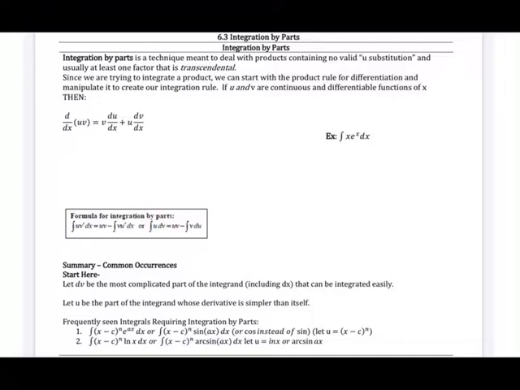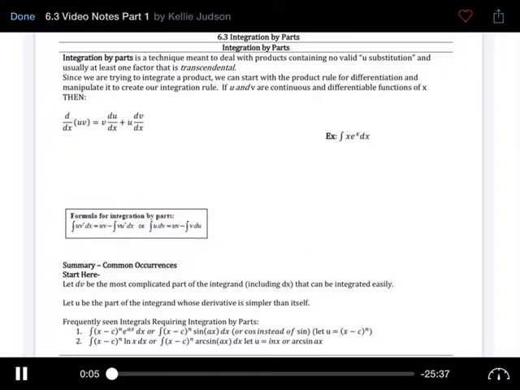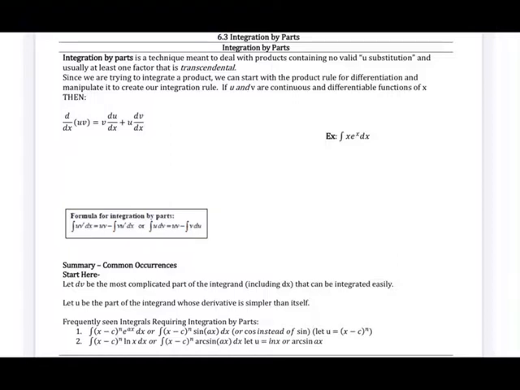In 6.3, we're going to start talking about integration by parts. And integration by parts is a strategy that helps us sort of tie the product rule of differentiation into integration. So when we have a product of two functions and we're integrating that product, but regular U substitution doesn't help